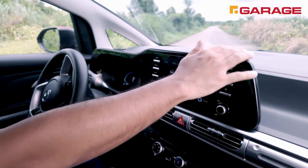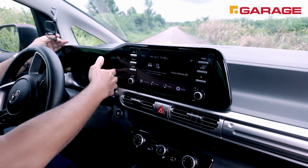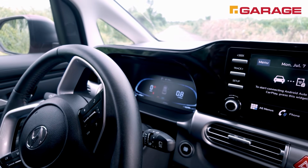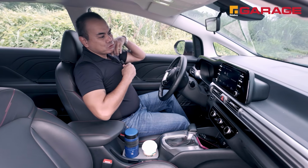So nakakaloko tong panel na to because it's actually the bezel that combines the touchscreen with the instrument cluster. So it's about 8 inches, and for the driver panel, it's about 4.2 inches. But you know what they say, size ain't everything, it's what you do with it. So with this one,